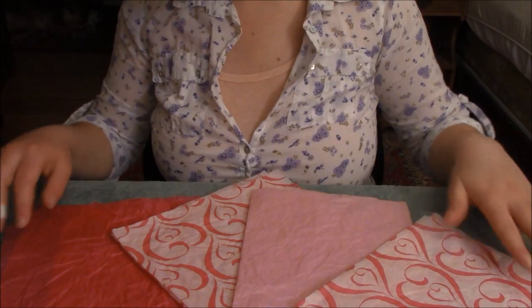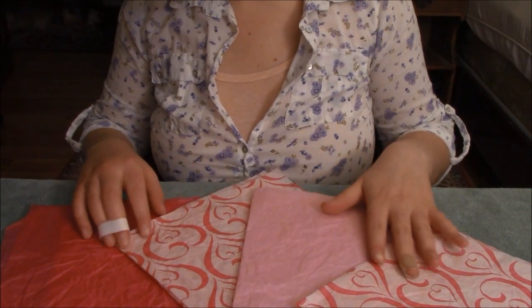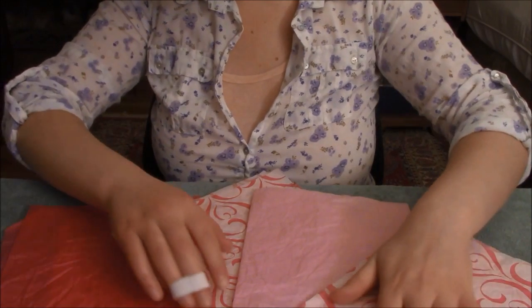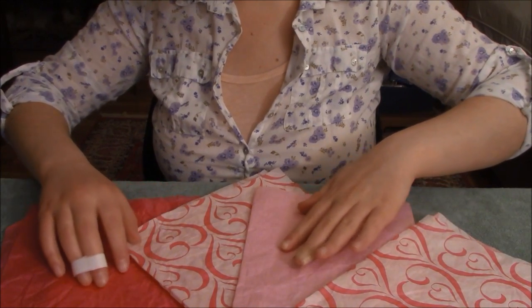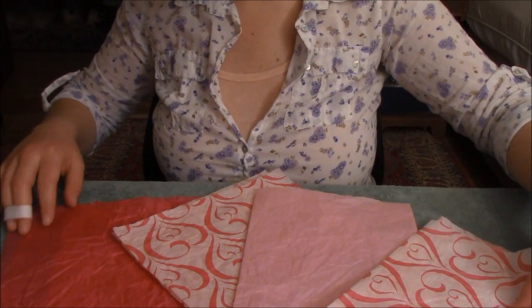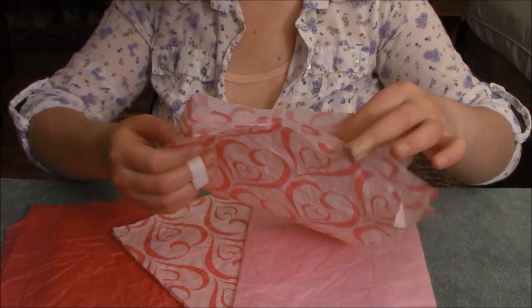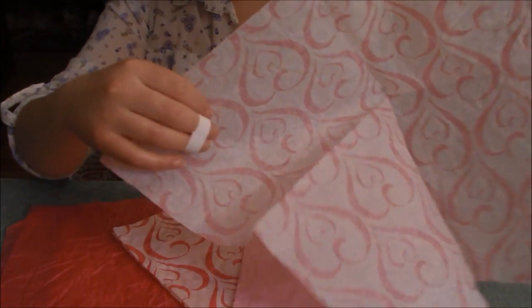So I might try wrapping a very simple object, but again it would be very simple and straightforward. So I guess we could start just by kind of going through. I have 4 pieces of tissue paper here,